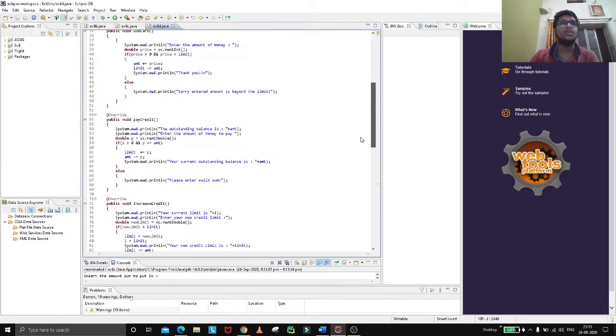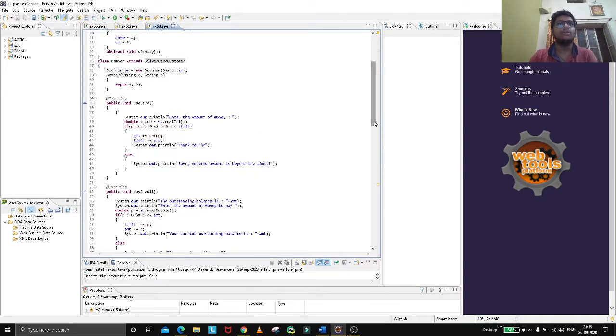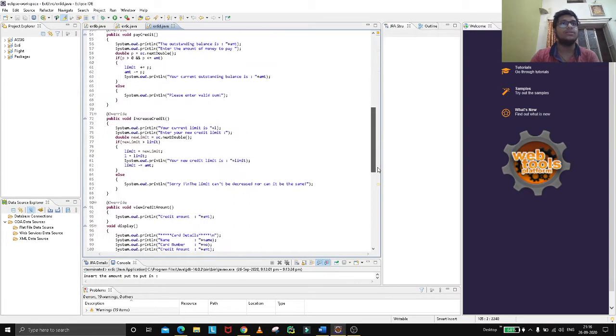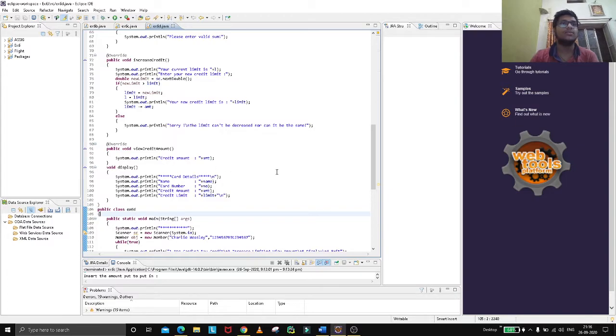So basically we need to implement all the above interface functions. We need to override all of them, and just like we did in the previous question, we need to give deposit and withdraw. Here we need to increase the limit. A limit should be provided at the starting level, and we just have to update it. For this we also need to see that some amount should be taken or added, a similar question pattern. And lastly, the display function will give you the card details.